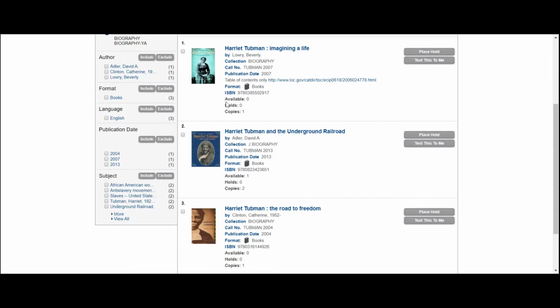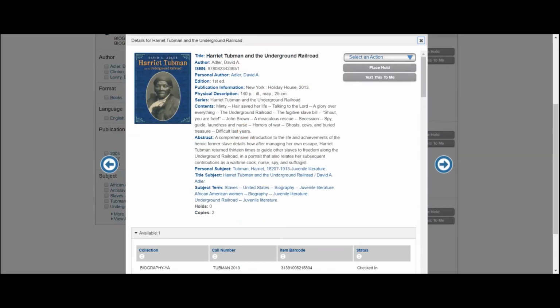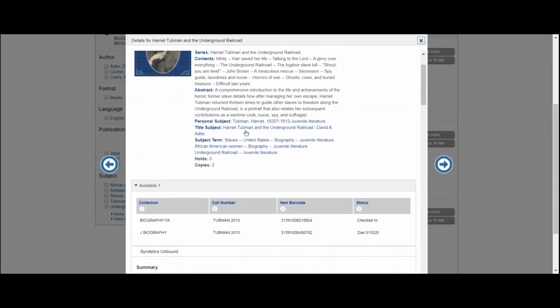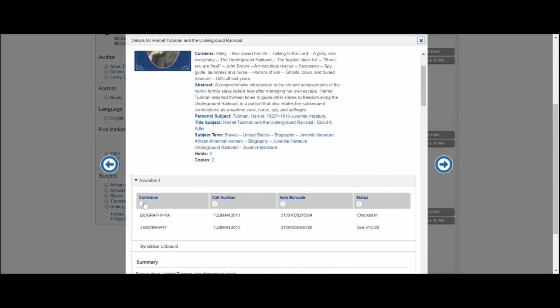So this one says that there are zero copies available, but that the library does own 1 copy, which would mean that that one is checked out. If we actually click on the title of the book, you can see more detailed information about where any copies of the book might be. If you scroll down on the record here a little bit, you can see